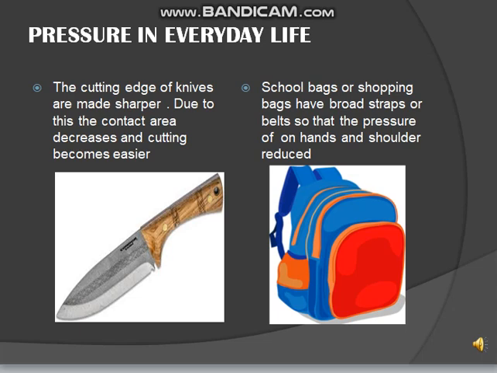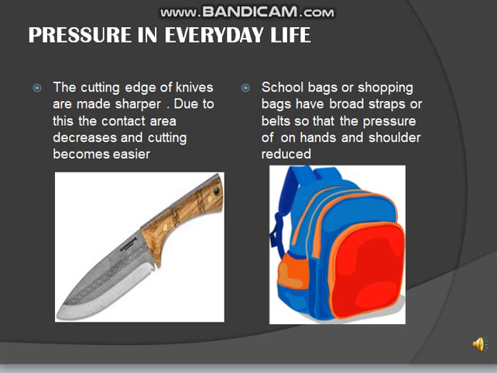And so many other examples are there where the pressure has to be reduced, and that's why the area has to be increased, because they are inversely proportional to each other. So if we want to increase the pressure, we should decrease the area. If we want to decrease the pressure, we should increase the area of contact. Now let's have some examples.